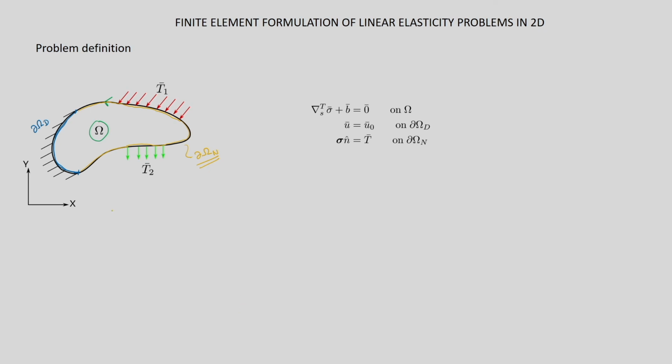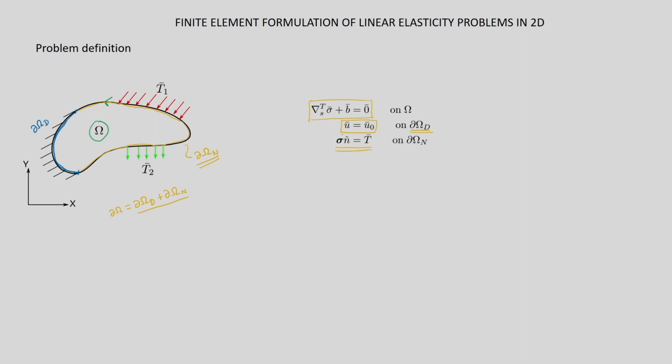Now, it is obvious that the whole boundary actually comprises the Dirichlet boundary and the Neumann boundary, and as I said earlier, these two boundaries cannot overlap. So, you cannot specify displacement as well as force at a given point. So, now what are the things that we need to satisfy? First of all, we have to satisfy the governing differential equation, that is the equilibrium equation, which is applicable at each and every point on the domain. Then we have to satisfy the displacement boundary condition that is specified on the Dirichlet boundary part, and then we have to satisfy the Neumann boundary condition also.